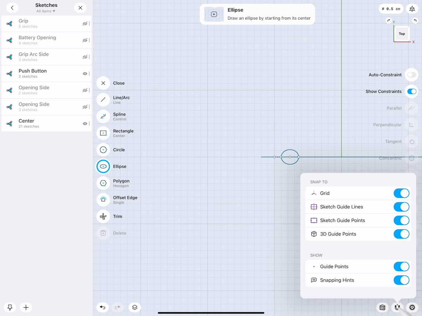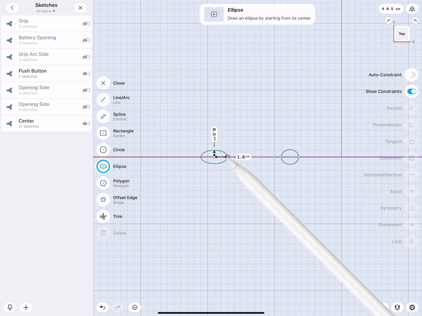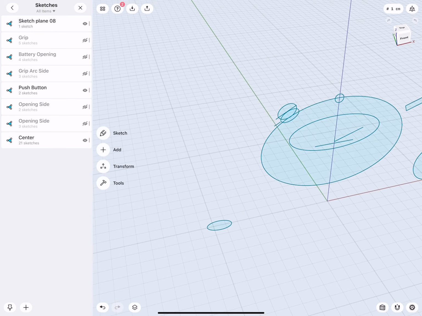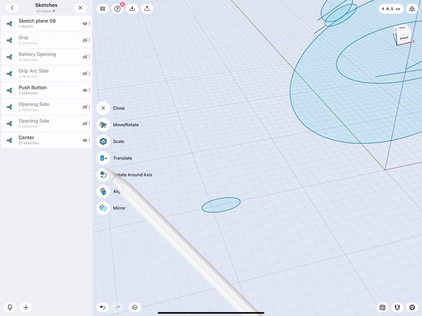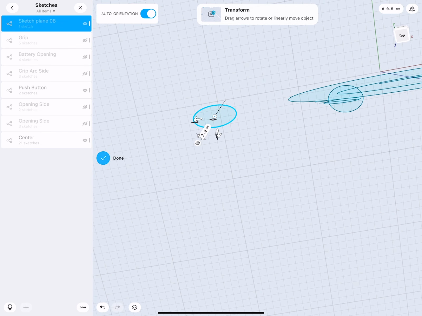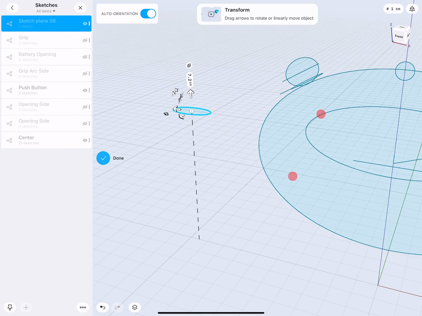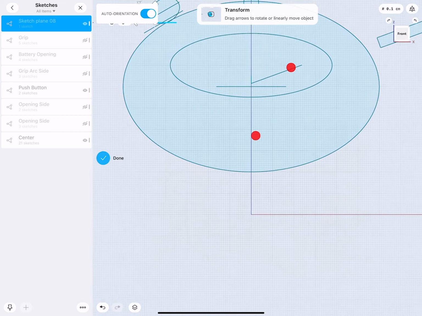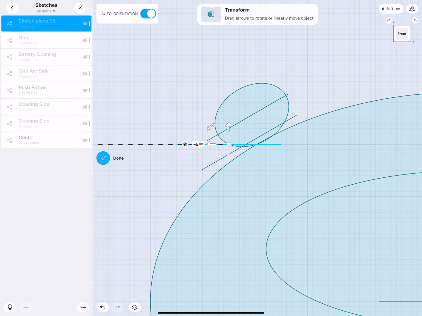I also have the grid all turned on and created myself an ellipse. Scaled it as needed. Then go to transform, select the ellipse body, and then we move this simply into the correct position.